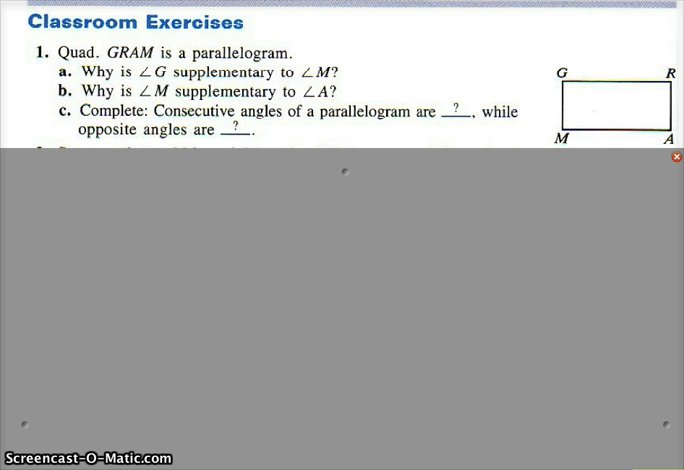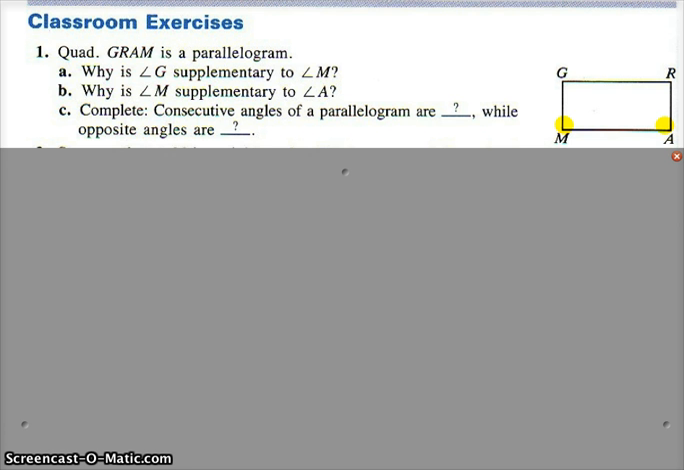First sample problem. Quadrilateral GRAM is a parallelogram. Why is angle G supplementary to angle M? Well, if you look at angle G and angle M, they happen to be same side interior angles for two parallel lines. And we know that same side interior angles are supplementary. Part B, why is angle M supplementary to angle A? Well, angle M and angle A are also same side interior angles for parallel lines, so they're going to be